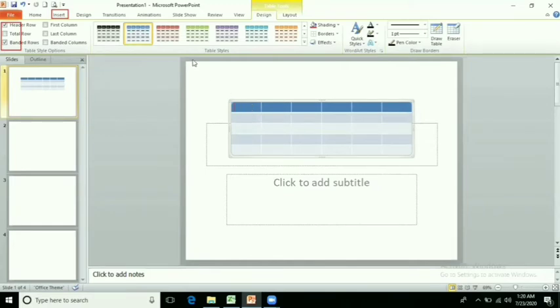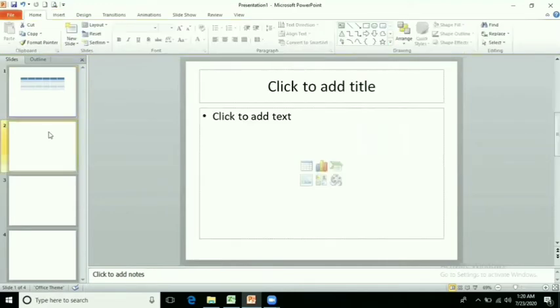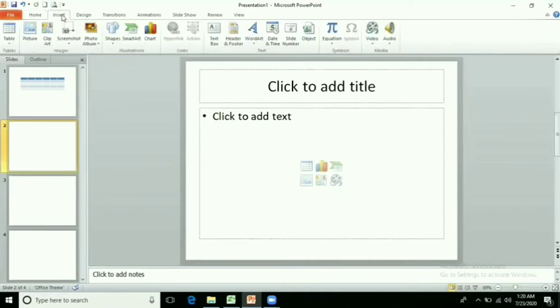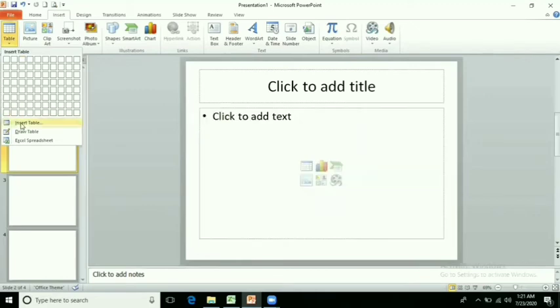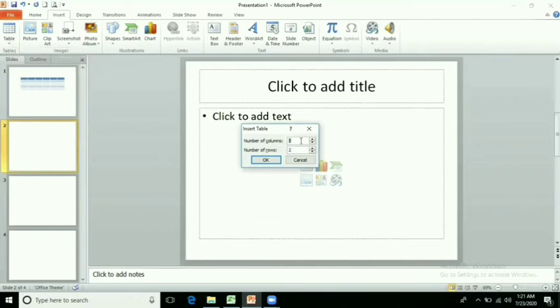One method is that one, and the second method is again you can go to the insert tab, go to the table and then insert table. Then there is one option insert table. After that one dialog box will appear insert table.